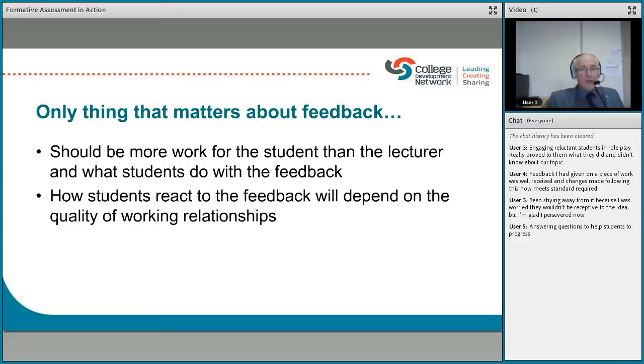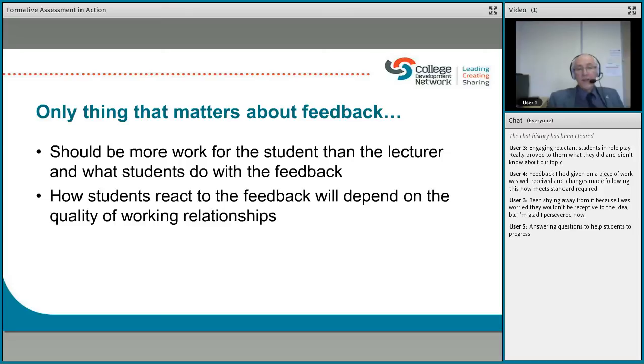When I was reading some of their work earlier on, they said the only thing that matters about feedback, and I like this, you'll have your own views, is that it should be more work for the student than Gary or Claire or Margaret or Yolanda, and it should also be what the students do with the feedback,